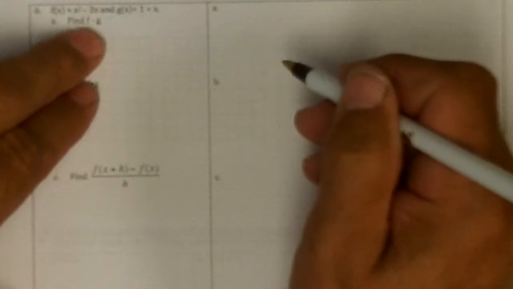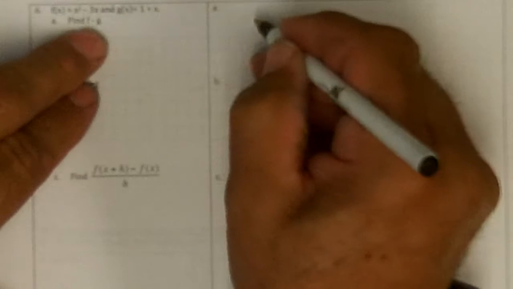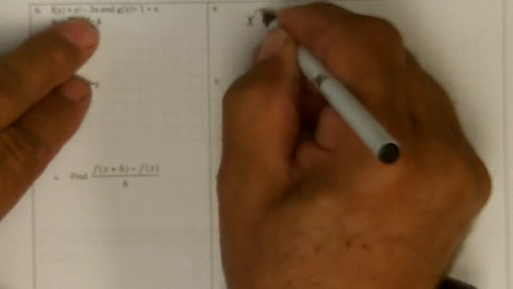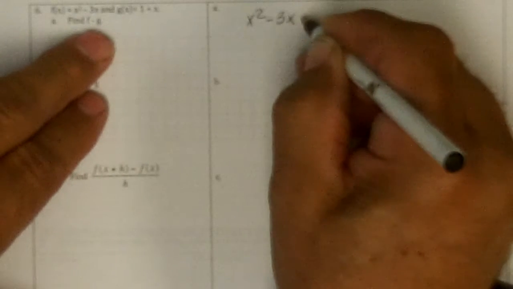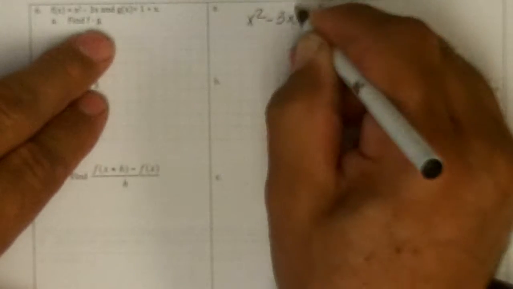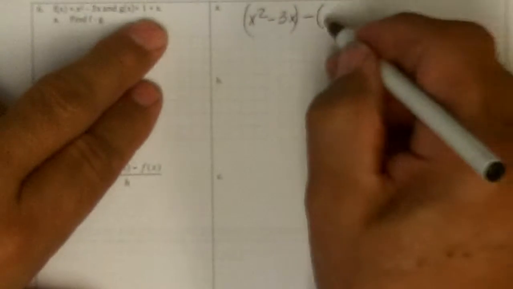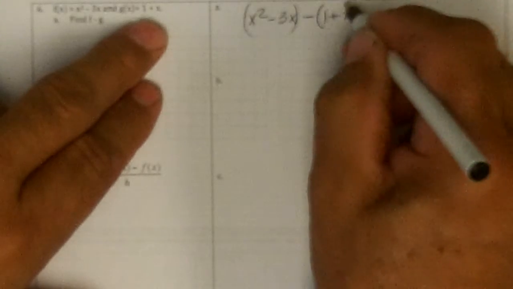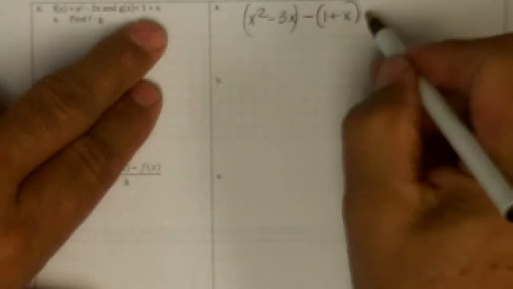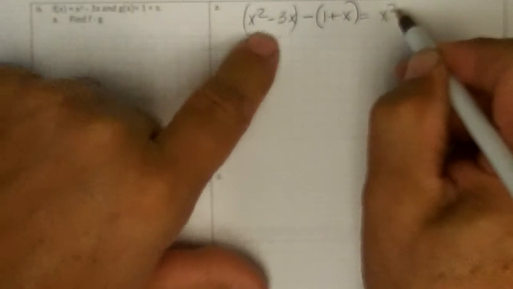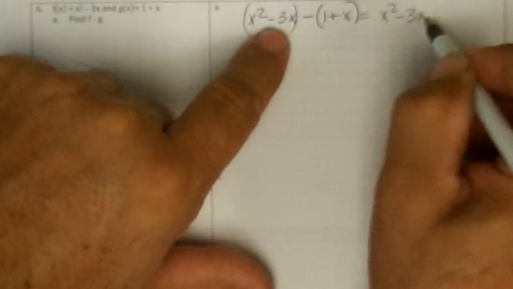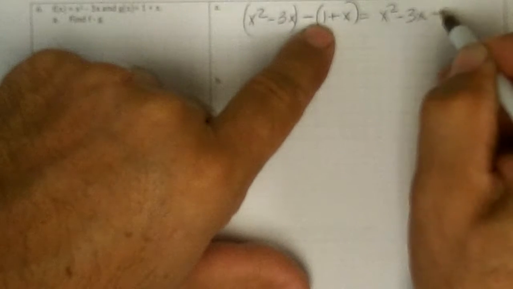Number 6 says find f minus g. F is x squared minus 3x, subtract g. And g is 1 plus x. So I have nothing to distribute here, so I have x squared minus 3x minus 1